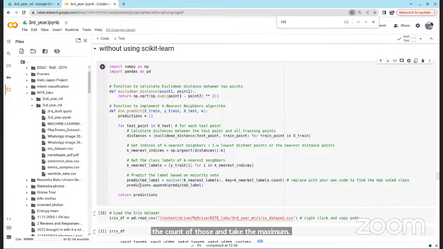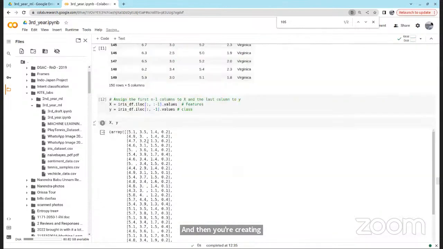The predictions dot append predicted label. So you take the maximum out of your neighbors and pass it as your prediction, and then you're creating this predictions array and returning the predictions.